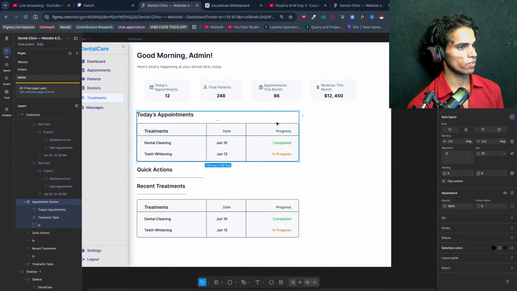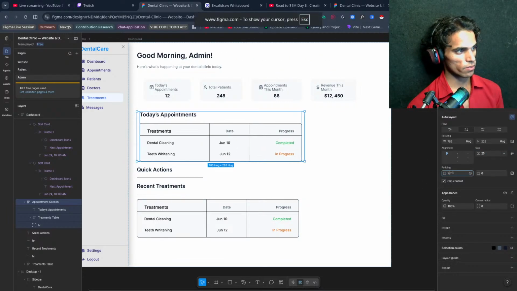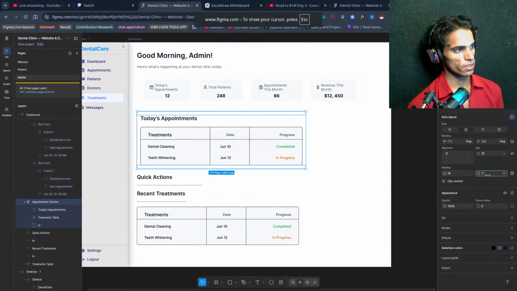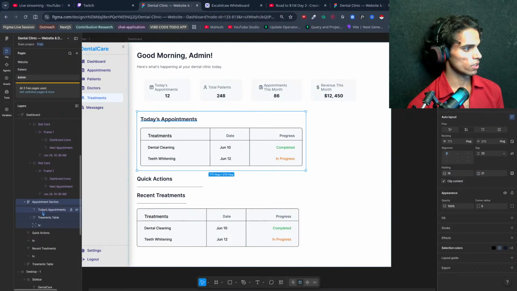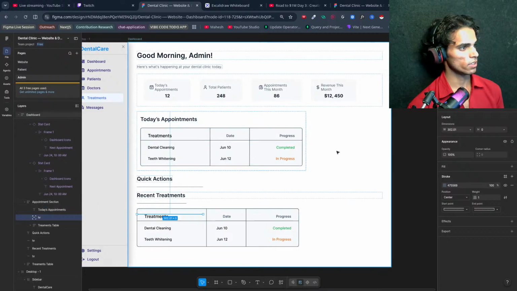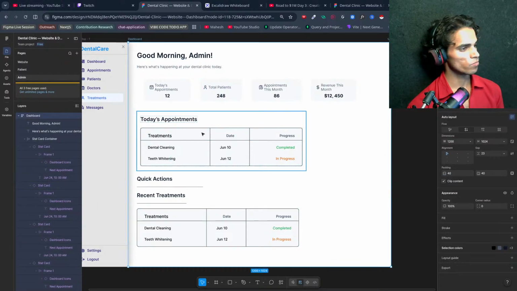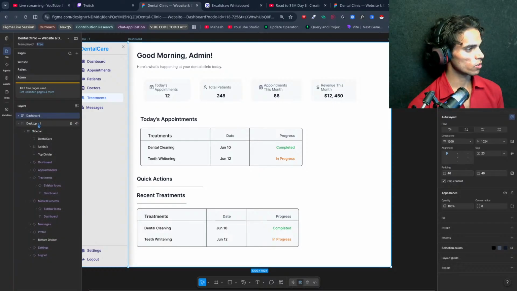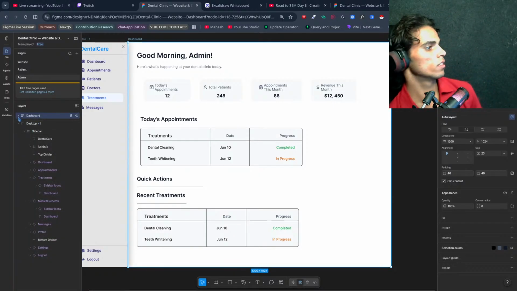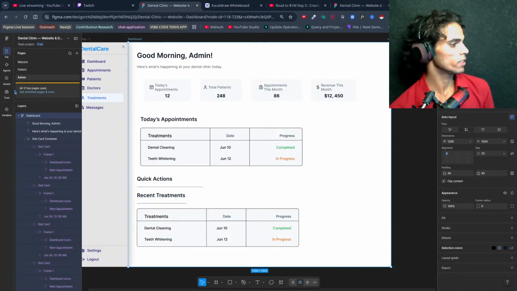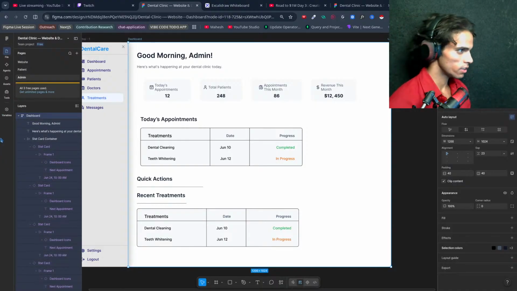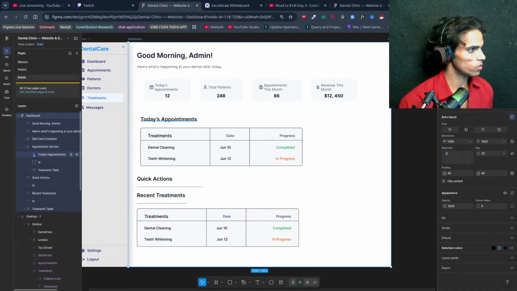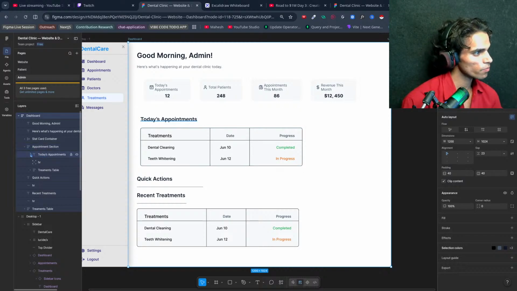Yeah, 25 is great. Now padding from this side will be this, and okay, we also have an HR. Let's add this here, the horizontal line. Dashboard, Desktop one. Let's see. Inside dashboard we have all these cards. Okay. Then we have the appointment section.